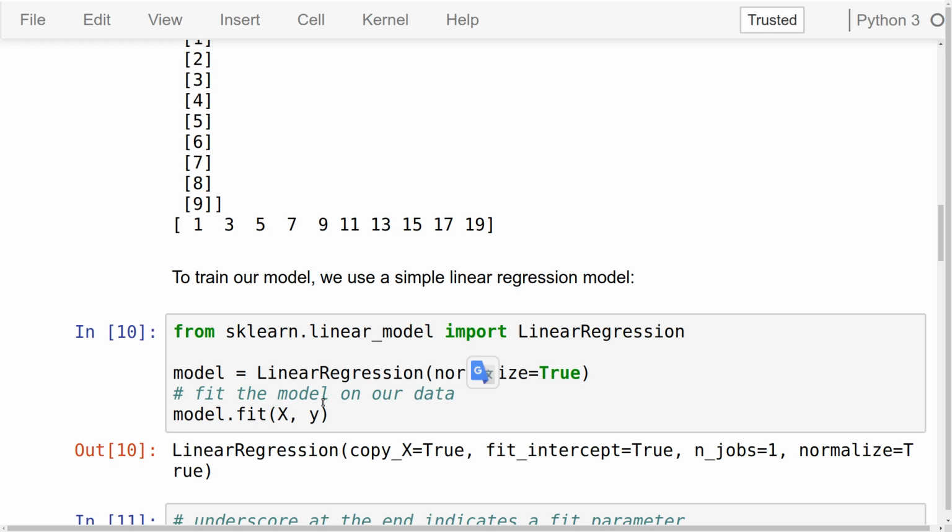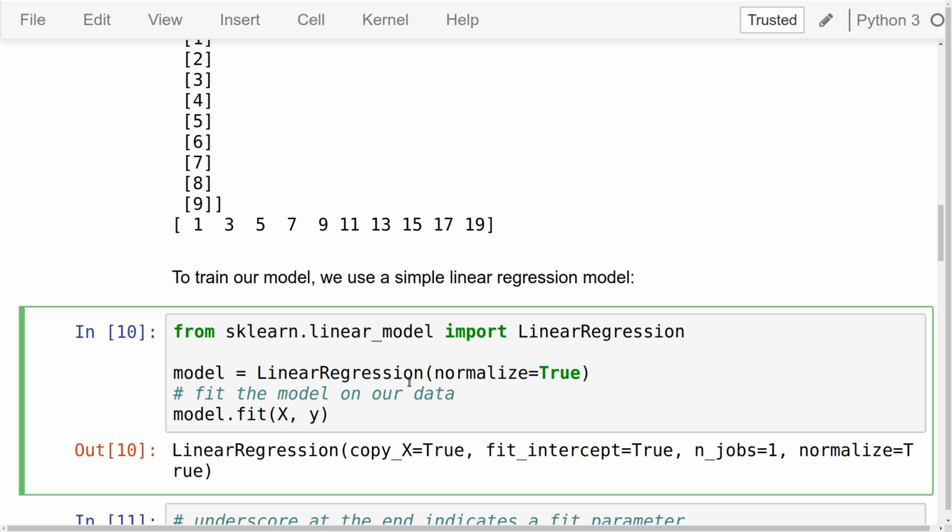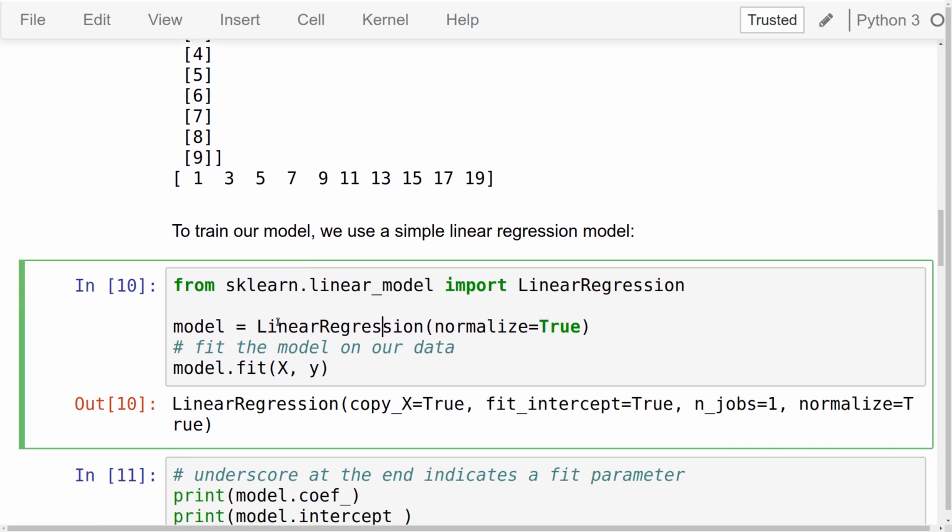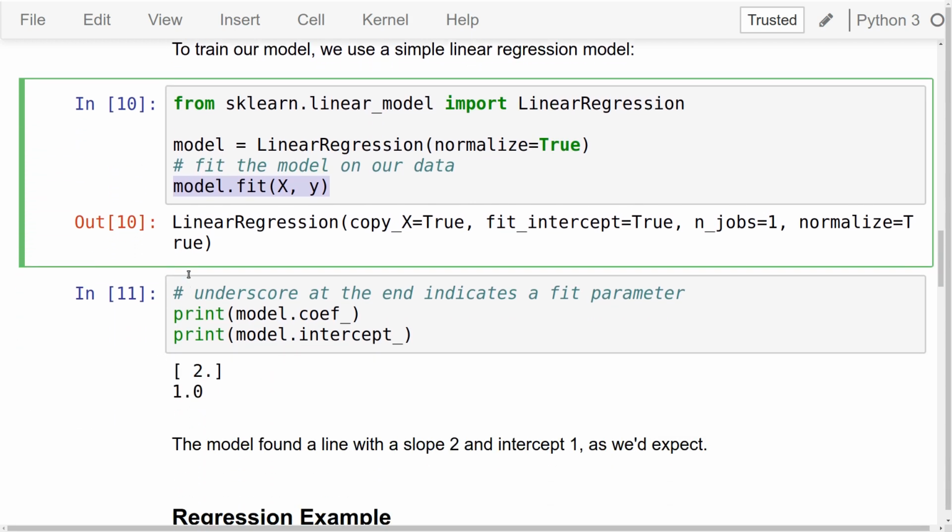And the easiest one is the linear regression model, which just tries to find a linear relationship between the points that we have. So I create a model, and I use the same syntax as we had before. I pass in the x, which was the data set, and then y, which is the label. And then once we've done that, we can call the predict method, of course. But I just asked the model to give me, because I know it's a linear regression model, I can ask it for the coefficient, which is the steepness coefficient, and also for the interception. That's where the